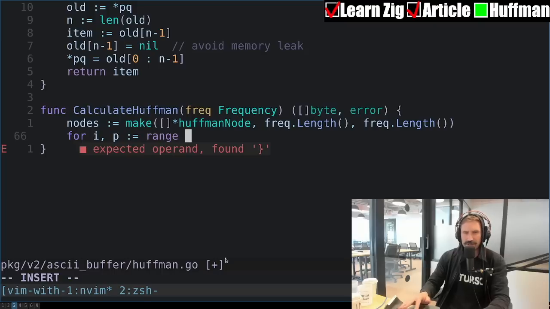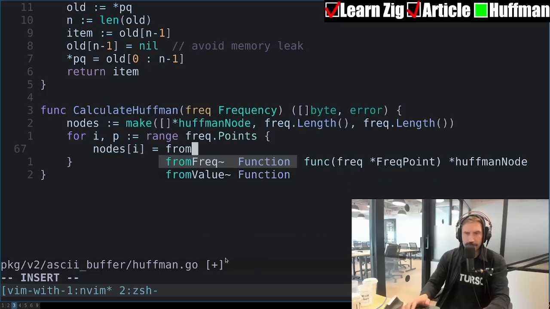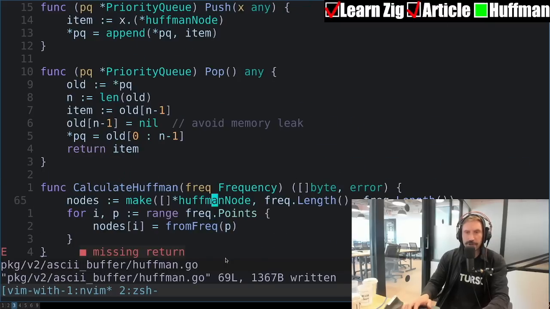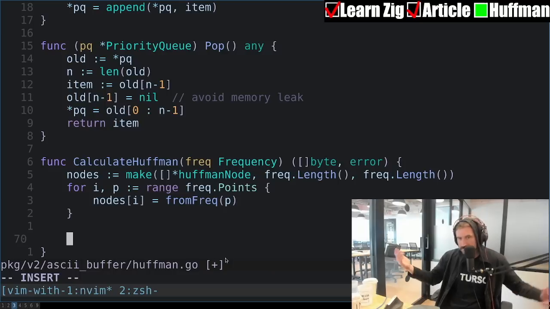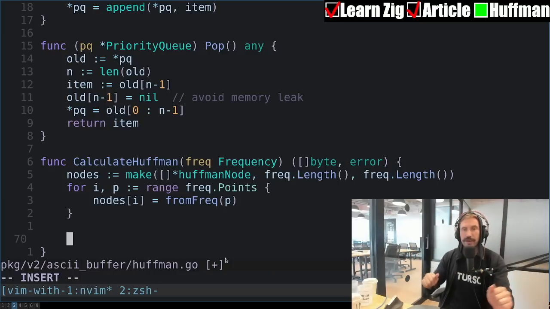And go, what is it? What's the thing called? Frec points. There we go. And go nodes I equals from frequency. There we go. So we converted all of our nodes into frequencies. Looking pretty good. Okay, so we take our frequency points, turn them into node points, and now we're going to